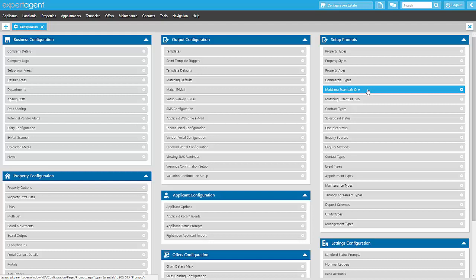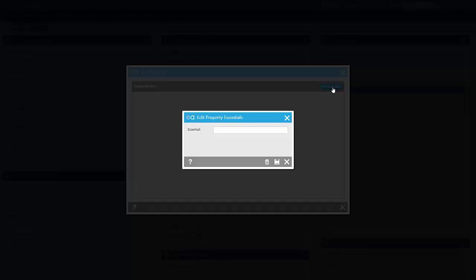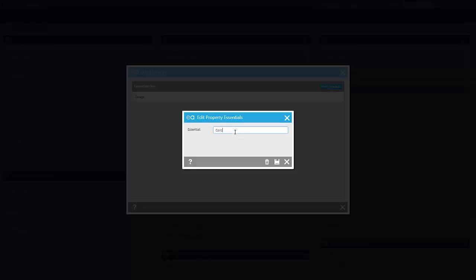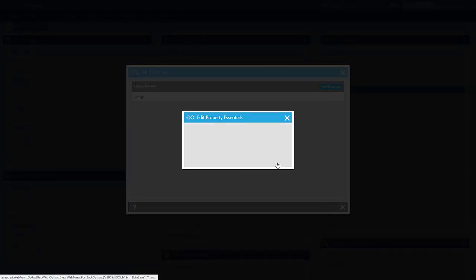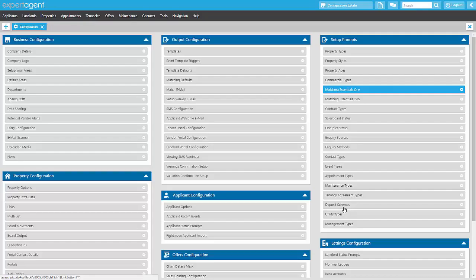So, I use matching essentials 1 for sales. Clicking into here, I'm going to add in some new essentials to list. Try not to go too overboard here, just give a couple of default options. For instance, a garage or a garden. Once I have my essentials in the list for my sales department, I can close at the bottom and think